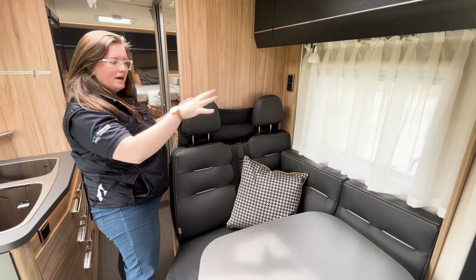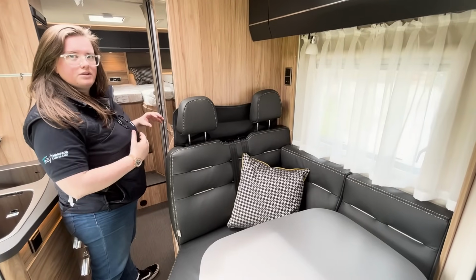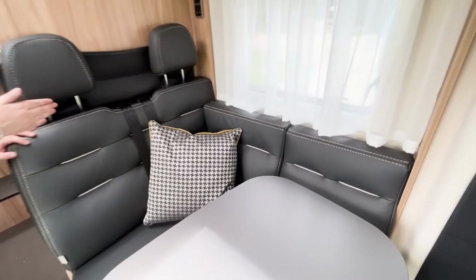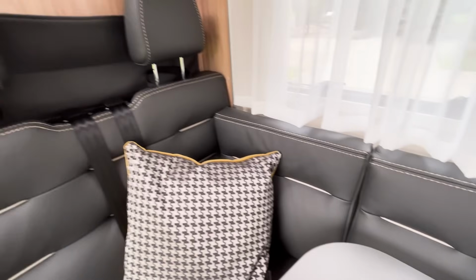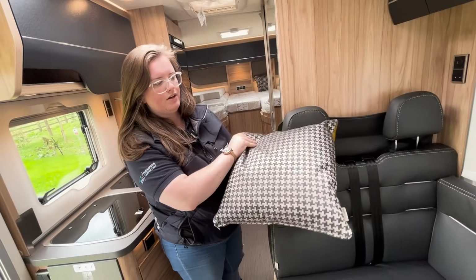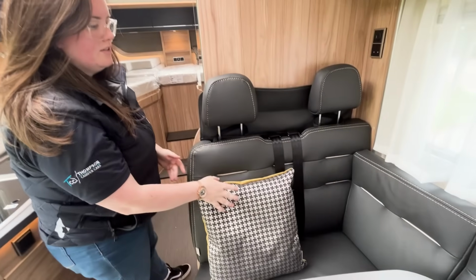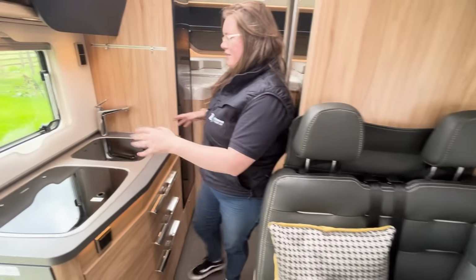So moving back down the vehicle, you have that nice leather that works its way through. This is your 3rd and 4th belt for any passengers, and there are these lovely transverse pillows, duck feather pillows as well, might I add. So they're really nice touch. Moving across then to your